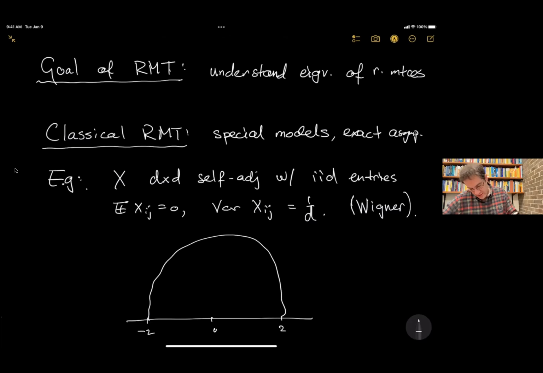Now, this distribution is supported from -2 to 2. So it seems like the largest eigenvalue should converge to 2 and the smallest eigenvalue should converge to -2, but that's not stated by this result, because this is a histogram. What this result means is that if I look in some interval AB, then the fraction of eigenvalues in AB will converge to the area under the semicircle within that interval. It doesn't say anything about an individual eigenvalue, which is mass 1 over D, if you have D eigenvalues.